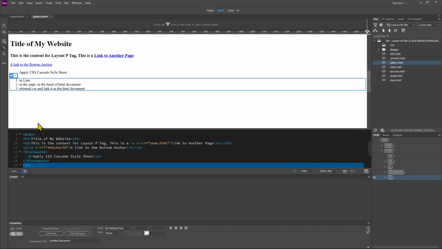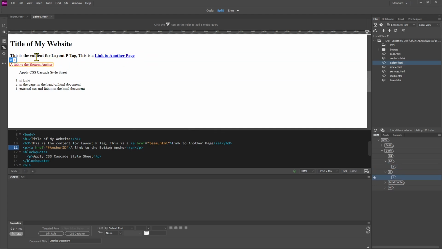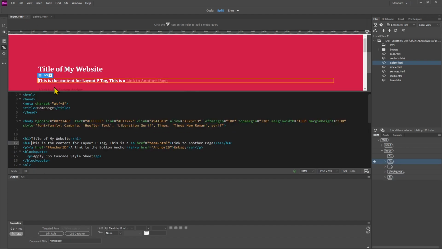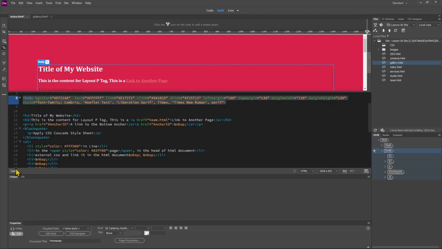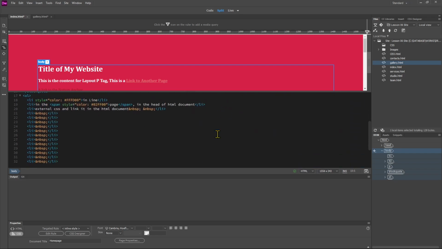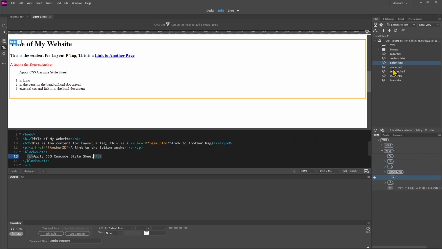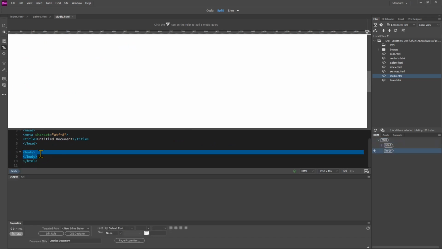Now you can see this is now plain HTML, doesn't have much style here. So this is, you see, standard link color, and everything is kind of standard. Now if I take this, so I take everything from the body, so here like this, and including the body tag itself, so from here to here, and I do Control-C, and let me just open up another page like Studio, okay, and I substitute this with the body